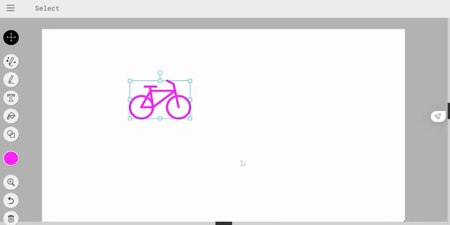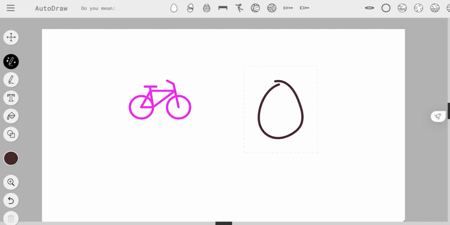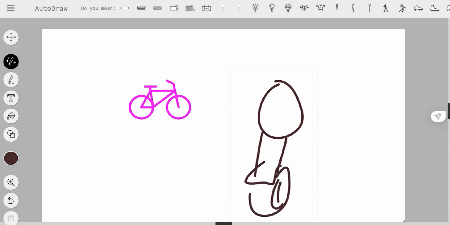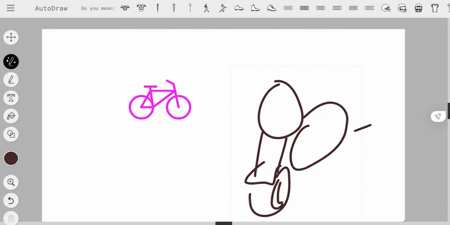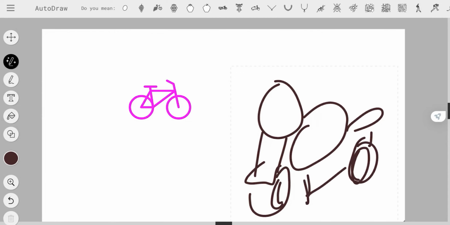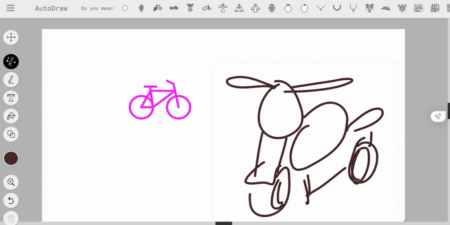It's a wonderful tool. Let's say I want to draw something like this. Let's say I'm very poor at drawing, very very poor, and this is my drawing.